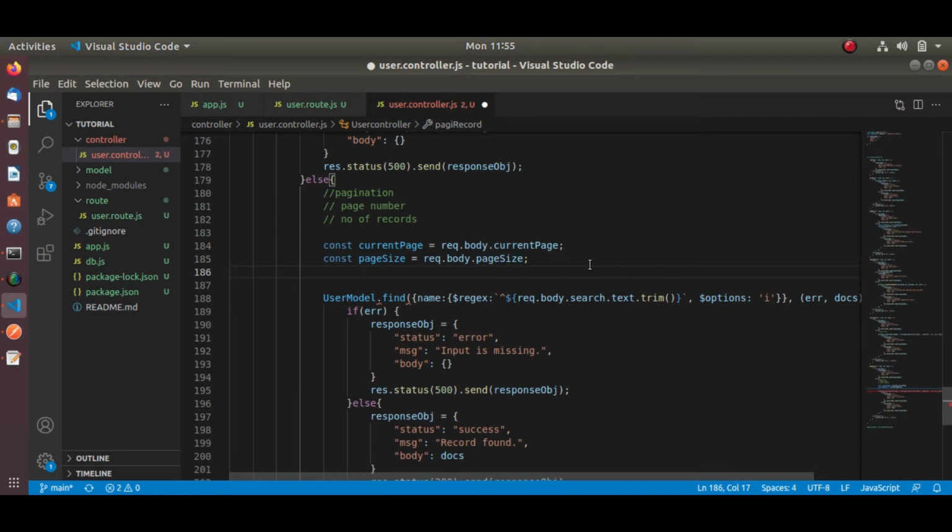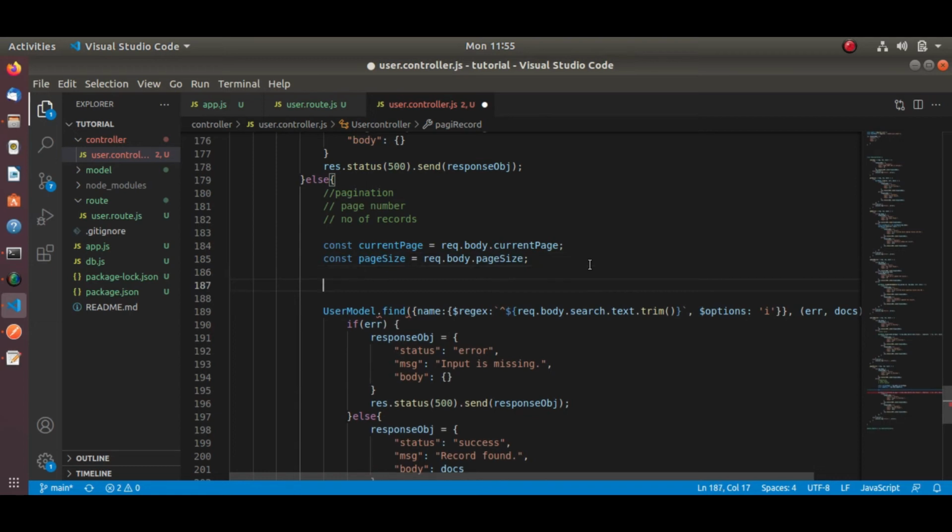To do the pagination, MongoDB uses two inbuilt methods: one is skip, another is limit. What is skip? How many records we want to skip for that page. Limit is the number of records we want to display on that page. So how can we calculate the skip?